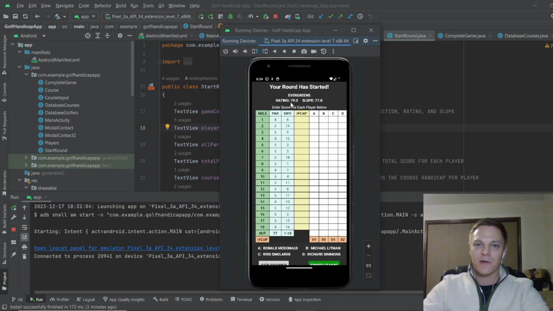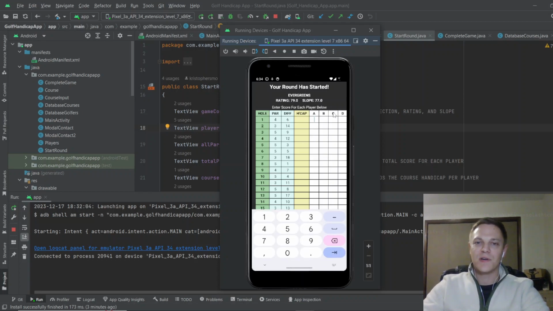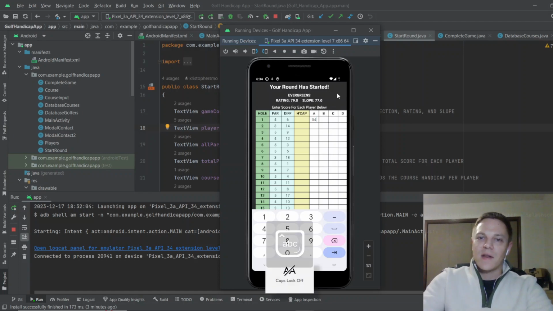So we've got Evergreens, which had a rating of 79, a slope of 77. Here's the par values for each hole, and then this is the difficulty. So 1 through 18, how difficult are these holes? That's what this information is here. So if we want to start playing golf, we can start adding some scores here, and we can see as we add them,